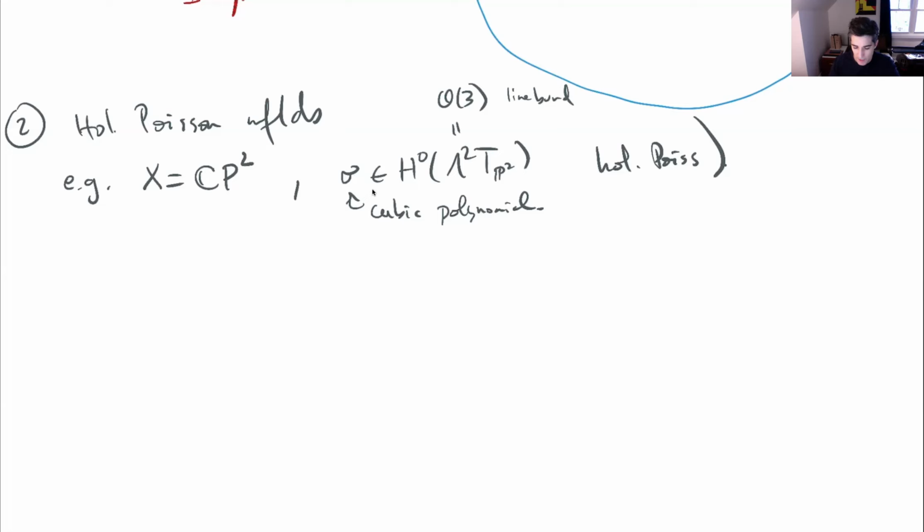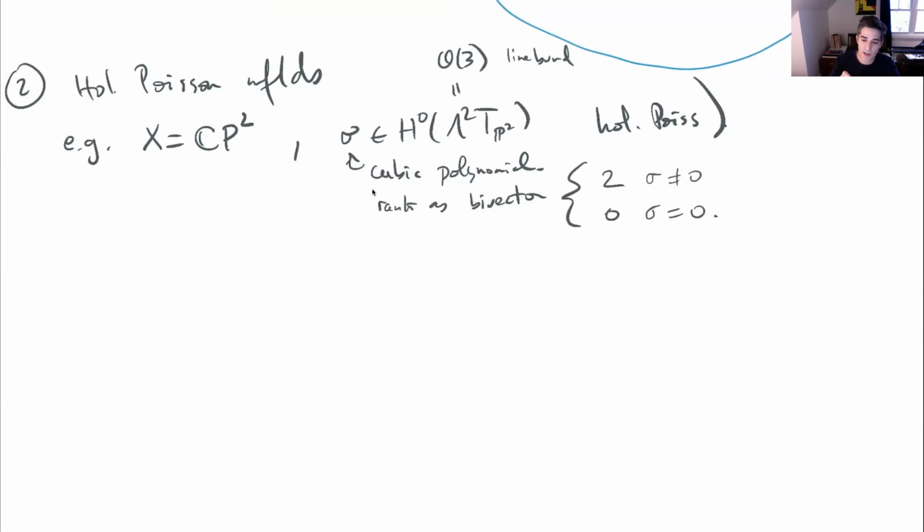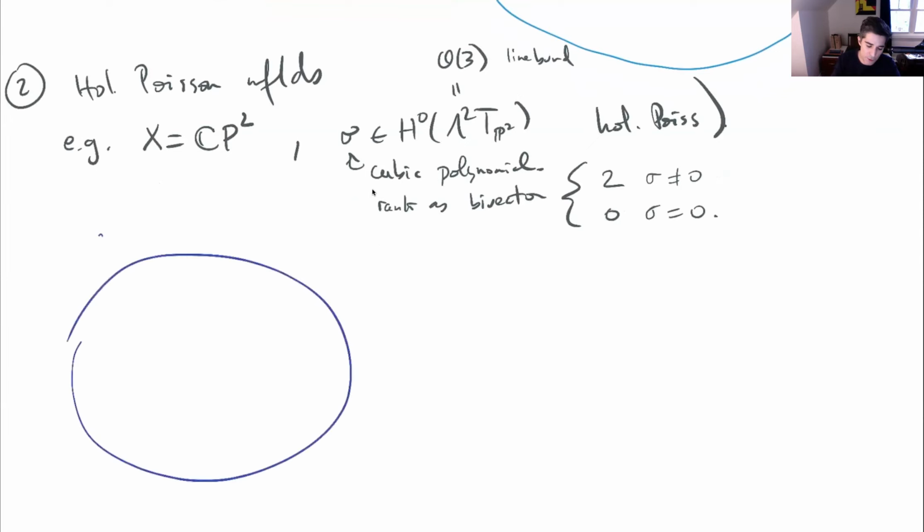And so that section is either 0 or it's non-zero. And so that means that the rank as a bivector is either 2, where sigma is not 0, or it's equal to 0, where sigma is equal to 0. So the rank of the Poisson tensor can either be 0 or 2, depending on whether you're on the 0 locus or not. Okay, and so the picture here is a picture of the manifold CP2, and inside here you have a curve where sigma is equal to 0. It's a cubic curve,